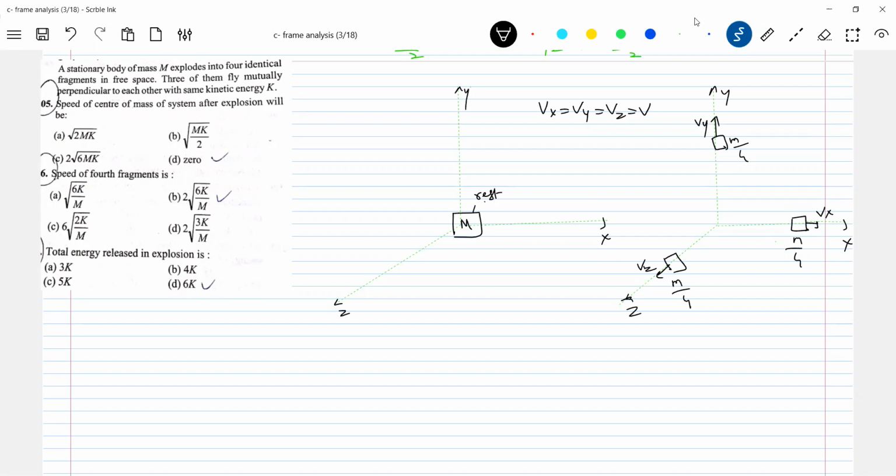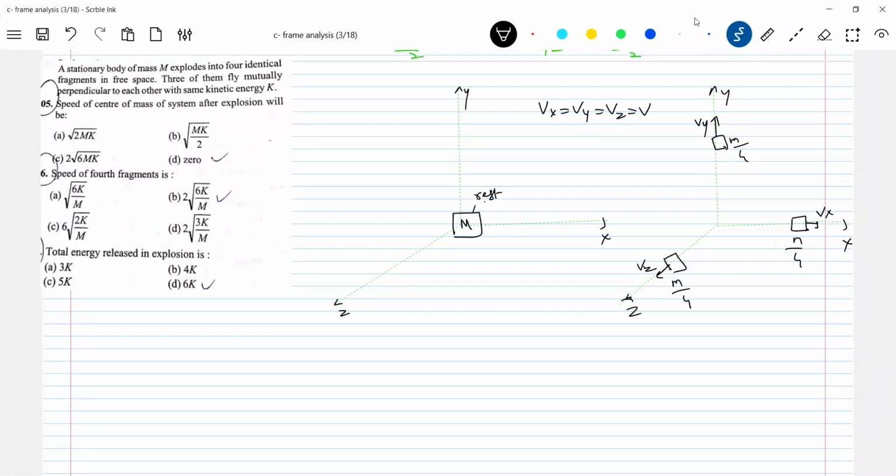Speed of center of mass of the system after explosion. So it's like a Deepavali cracker. When the explosion occurs, internal forces will act. What is that explosion usually? It's like a chemical reaction, no? There'll be a chemical, and we are going to ignite the reaction. And during the chemical reaction, the forces that act are molecular forces, and they will be internal to the system.